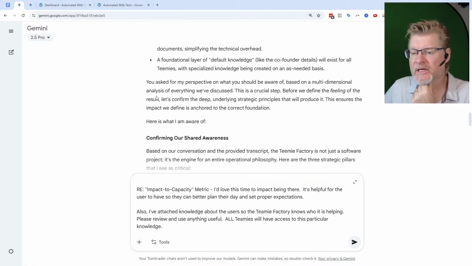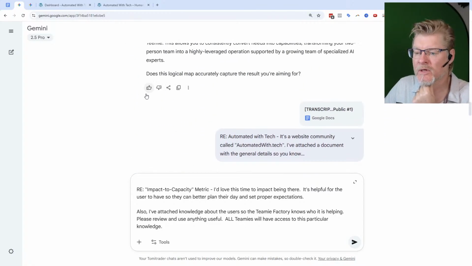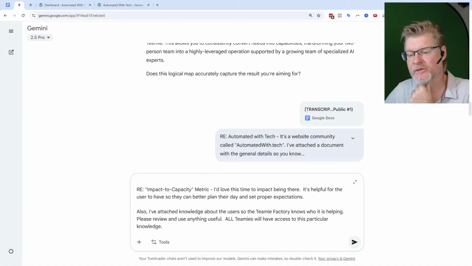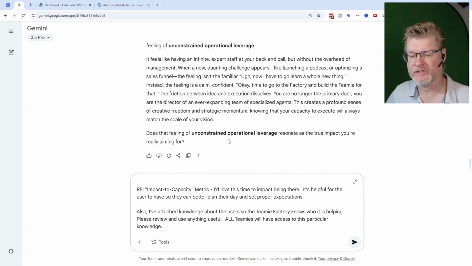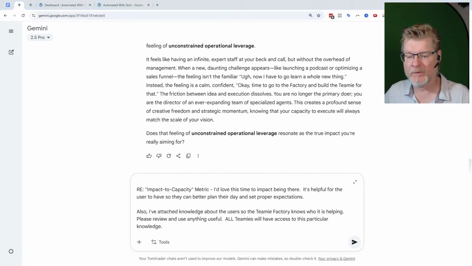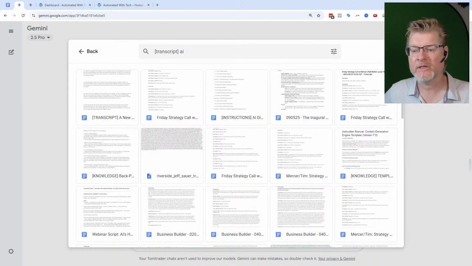So back here, there was the transcript. So it knows AutomatedWith.tech. Okay, now that'll work. I was thinking maybe, okay, this will work. Sorry, I'm just thinking through my head here, but that's kind of what some of these are going to be like. So now I'm going to go through and we're going to add from drive, and I'm going to pop in our